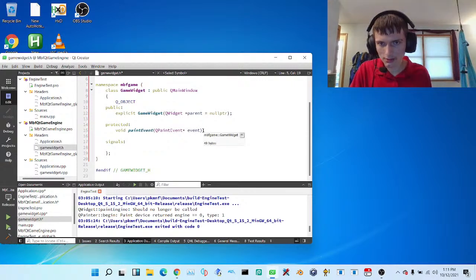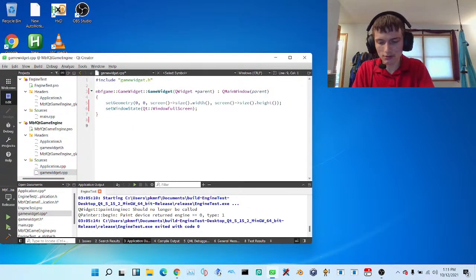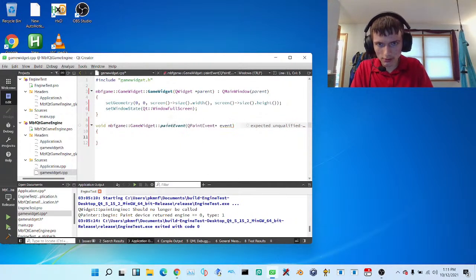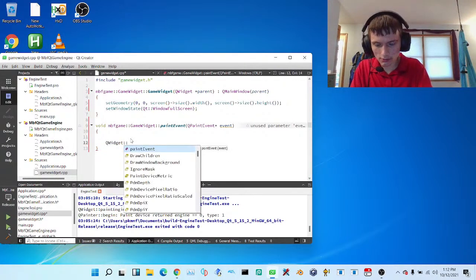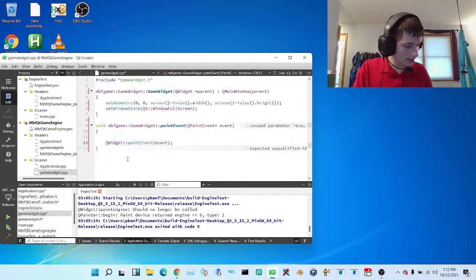So now let's go over to game widget and void GameWidget::paintEvent, and then QWidget::paintEvent. Now basically what that line of code says is